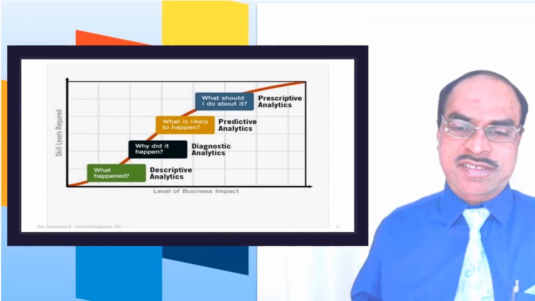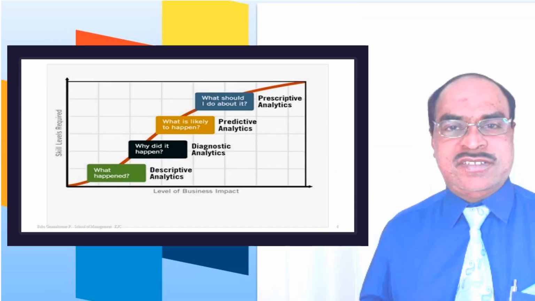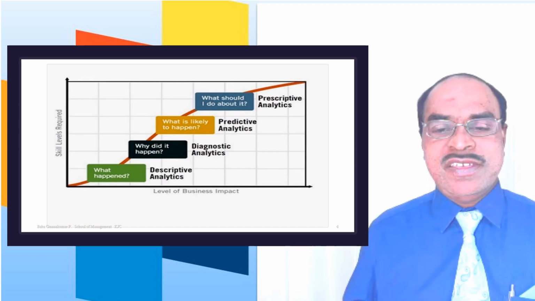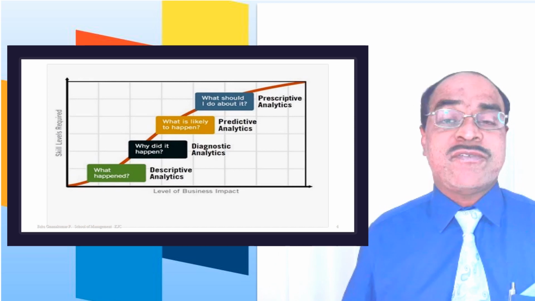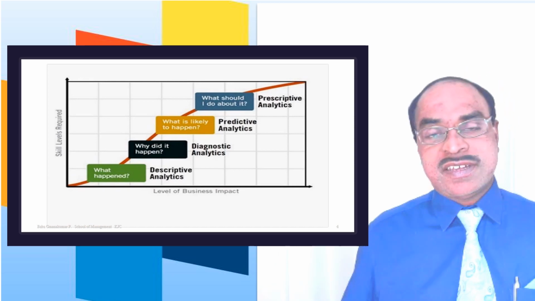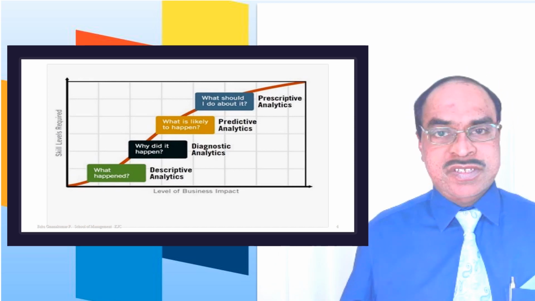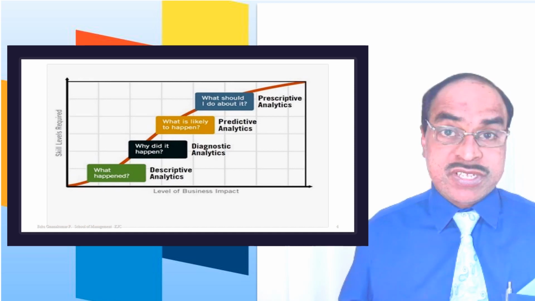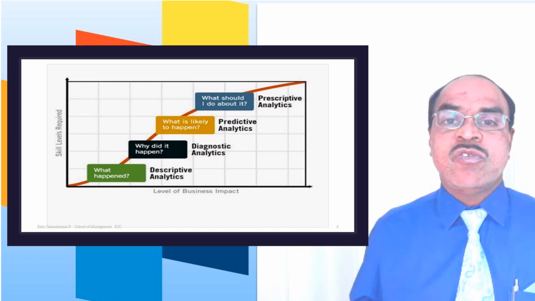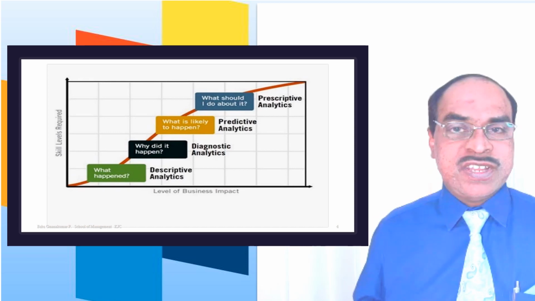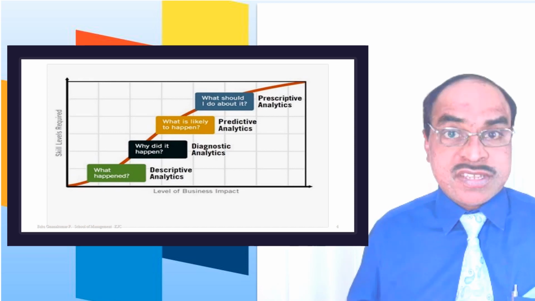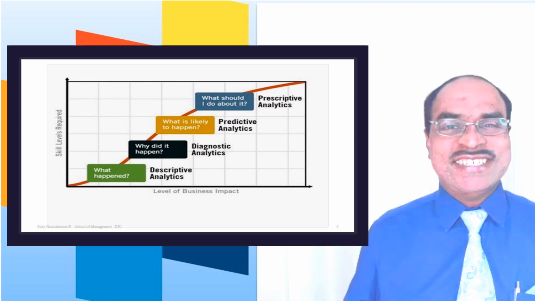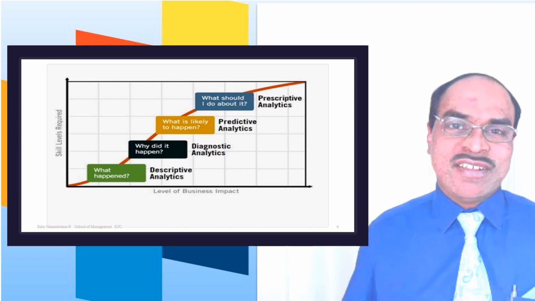You can see the analytics used in fintech firms. We are going to classify the analytics used in fintech firms into 4 major criteria, the different types of analytics. The first one is descriptive analytics. What happened in finance? What happened in the cash flow? Why are the cash flows less? That is descriptive analytics.